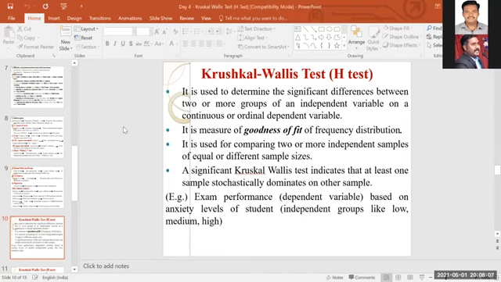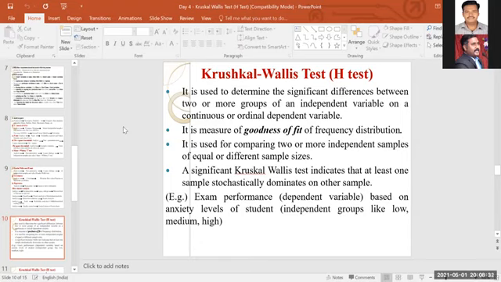Only, before using the Kruskal-Wallis test, check whether you have normality or not. If you have normality, better do the analysis with ANOVA itself. No need to do Kruskal-Wallis. If you don't have normality, meaning my data doesn't have normality and it does not have a proper goodness level for my research model, in that case you can go for a Kruskal-Wallis test.